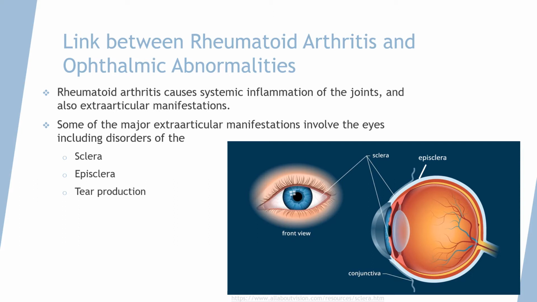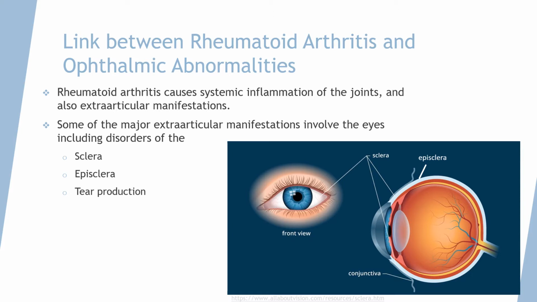One of the organs where RA has this effect is the eyes. Specifically, eyes will develop disorders of the sclera, episclera, as well as tear production, so the lacrimal gland and